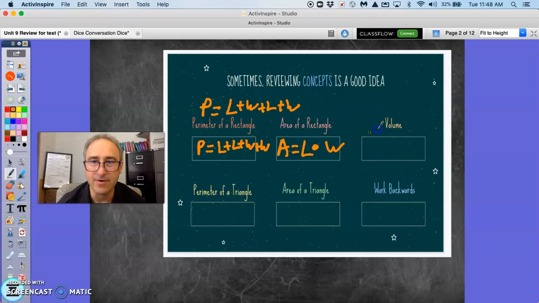Now volume, remember, is for a 3-dimensional shape, like a box or a cube. So here we're going to need length times width, that's area, but we need to go one more dimension, which is back, so we're also going to use our height. Now triangles are slightly different when it comes to area, but not so different when it comes to perimeter. Remember, a triangle